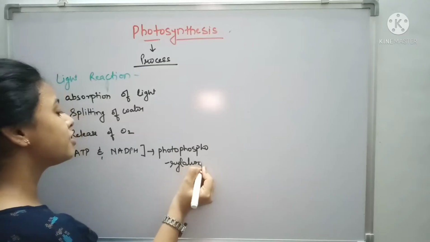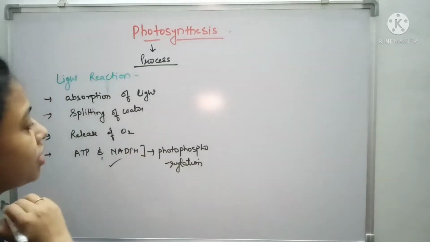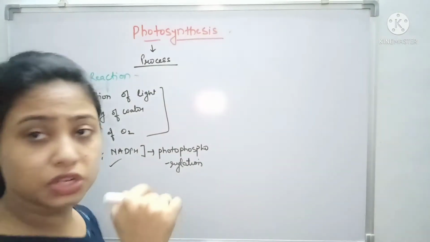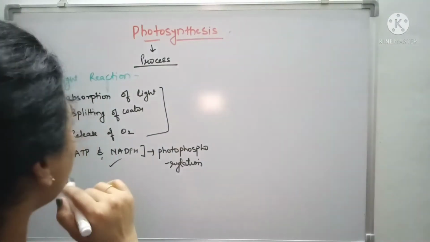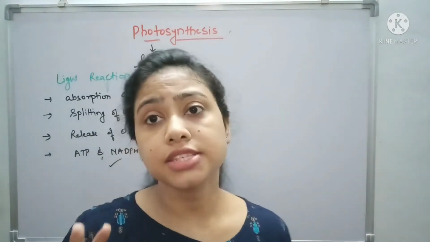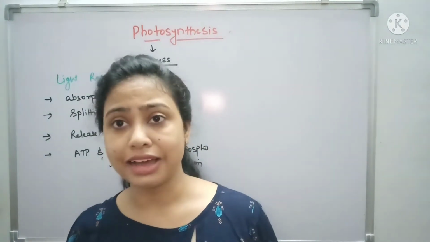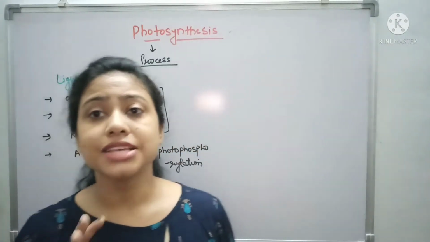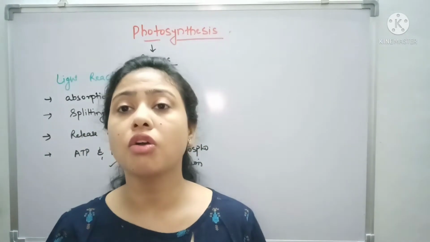So in these 4 steps it takes place. This step we'll talk about in the next video. The rest 3 I am talking about here in this video. So let's start. What is actually the light reaction? The light reaction takes place, as I told you, in the grana as well as in the stroma lamella, and it is also known as the Z scheme. So let's have a look at this Z scheme.